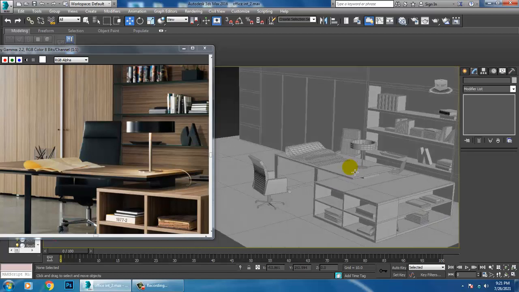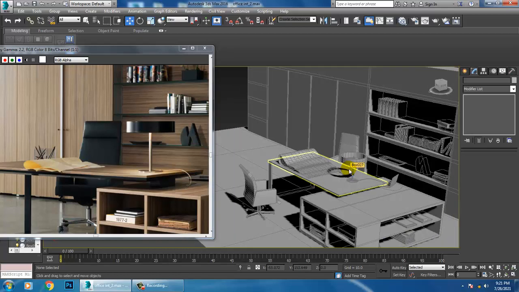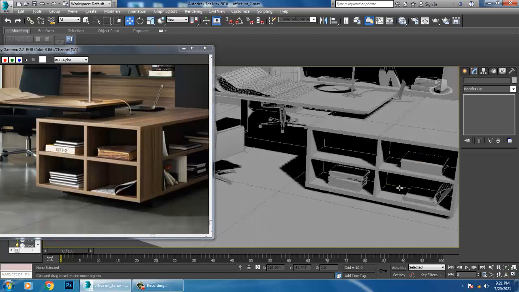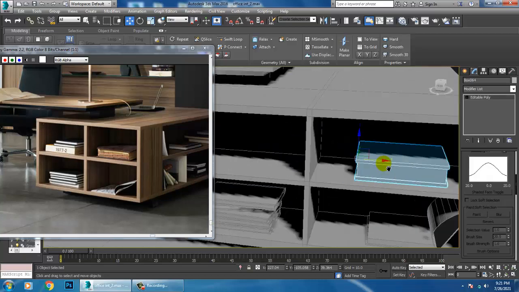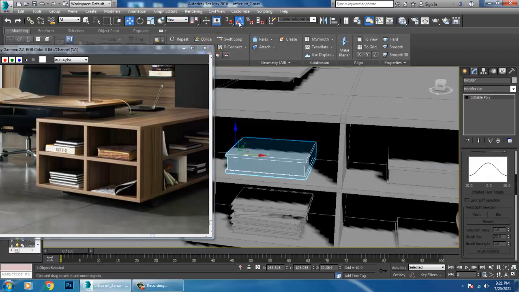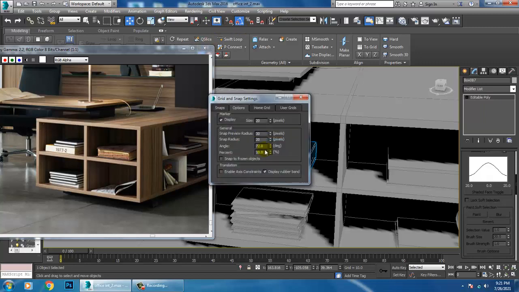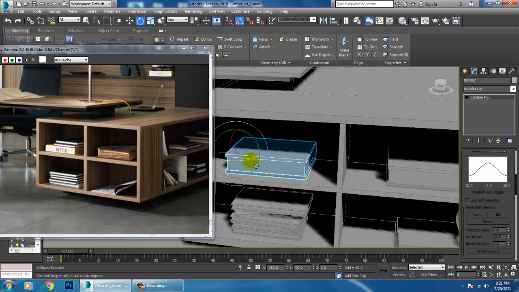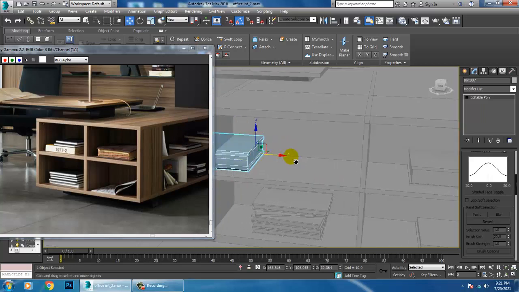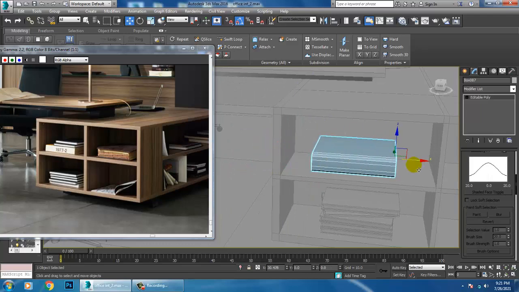After that, just save the file again. We have a few things left out. Let's duplicate that again and set this to 90 degrees. Just save your file once, keep it over here.